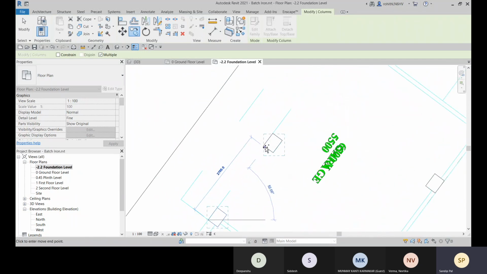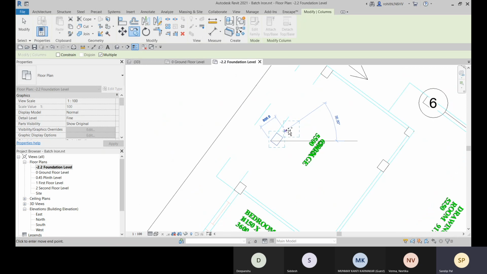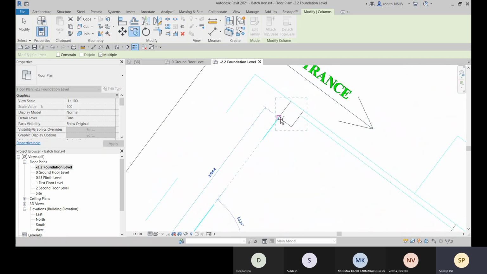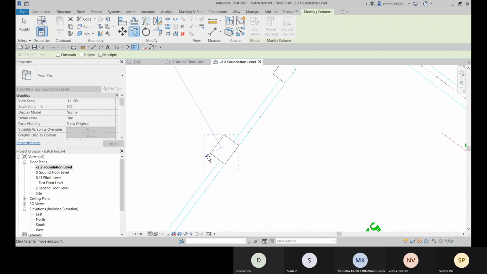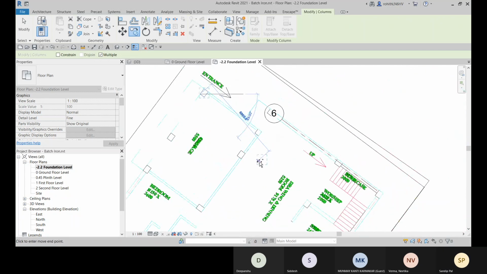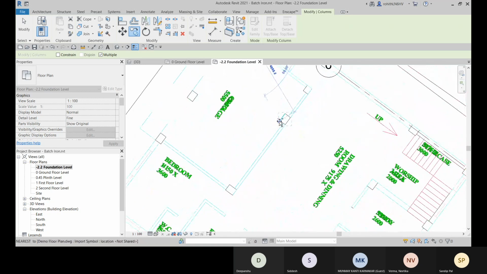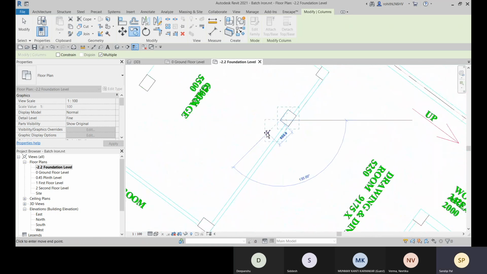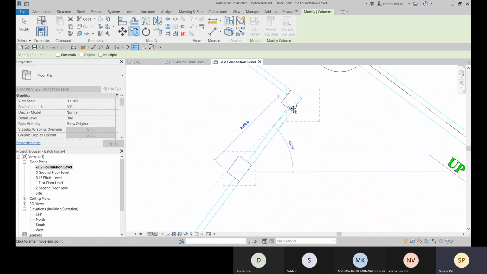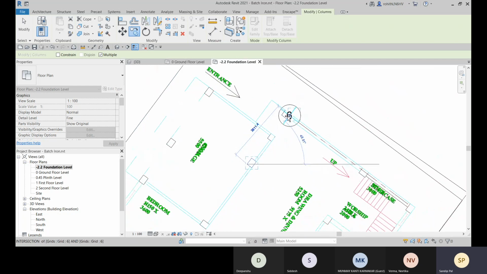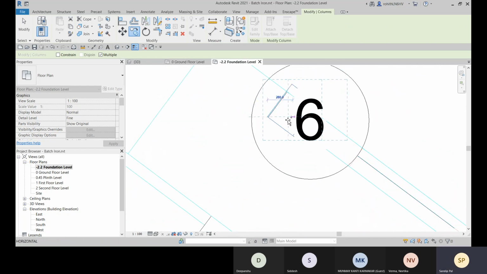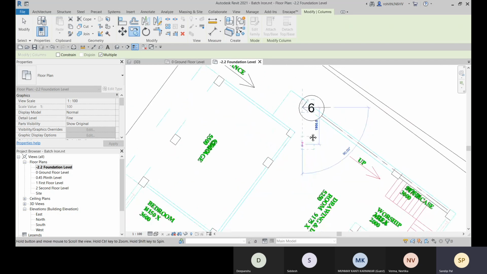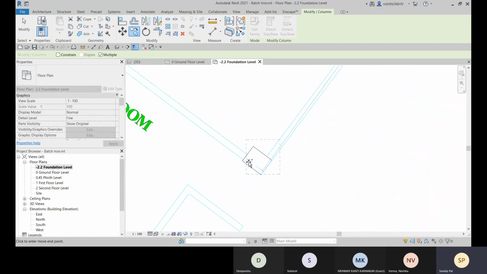Here it is placed. And let's go with SE. Here it is placed. And let's go with this SE. Here it is. Go with SE here. Okay, and for this is changed to 300 by 300, right? This one is changed. And here also I need to place. Okay, so we will change this. I need to change this orientation. And here also I need to change the orientation.